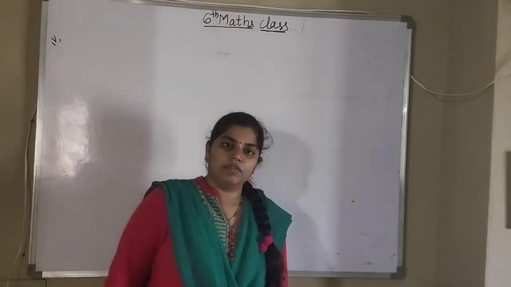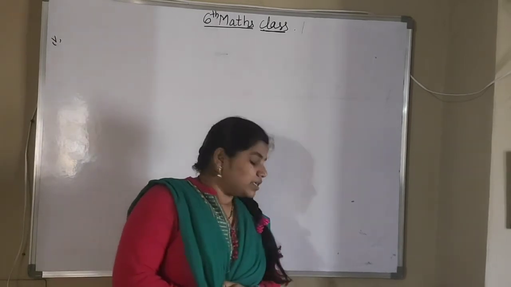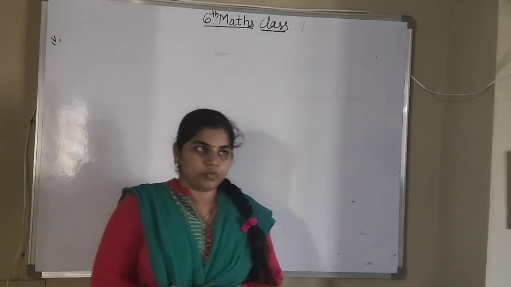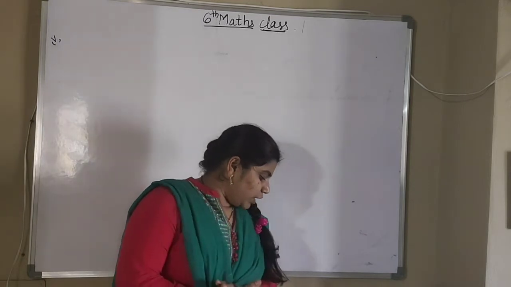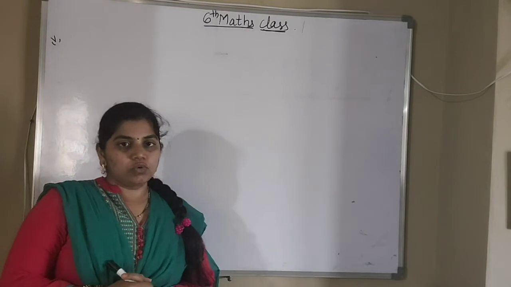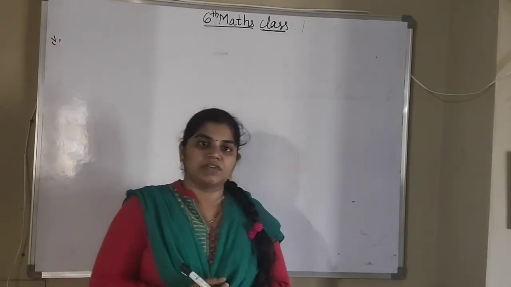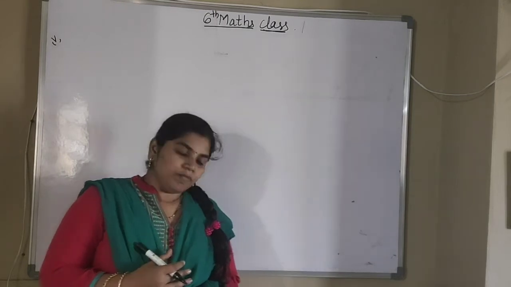So good morning everyone. In last class we discussed LCM, and in exercise 3.5 we started our first bit. The first one, second one, third one I told you, and the fourth one I gave as homework. It is 18 and 27. You have to find the LCM of 18 and 27. That one I gave as homework.